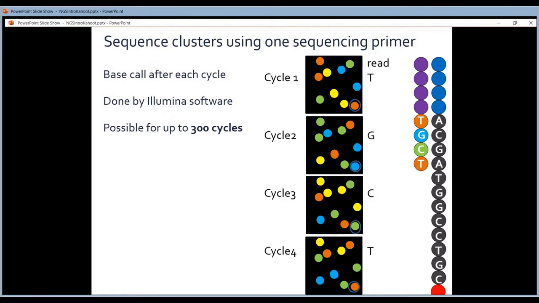And that quality can be very high. It means it was clearly a G because the whole cluster was emitting a G, or it can be a low score, and then it can be more like, yeah, I saw a lot of signal there, A's and C's, so I don't know what to call. So if you have overlapping clusters, your base calls will have low quality scores, but we will come back to that.